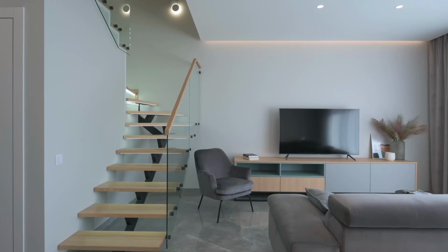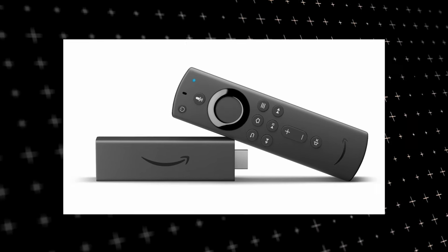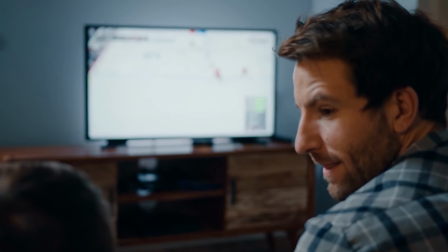Now, the way to give your TV the ability to install Plex App is to get a streaming device to plug into your TV. I recommend getting a Roku stick or Amazon Fire Stick. Both of these media streaming players have the capability of downloading Plex App. But then use this Roku or Fire Stick as your main streaming player, which bypasses the operating system on your